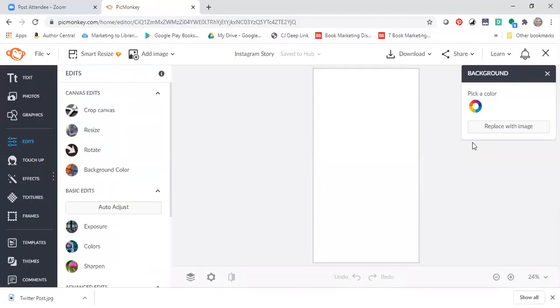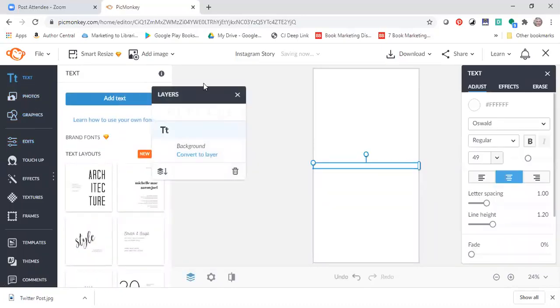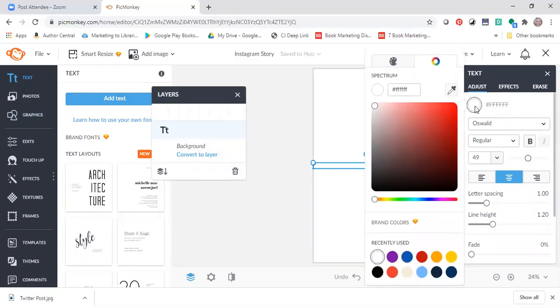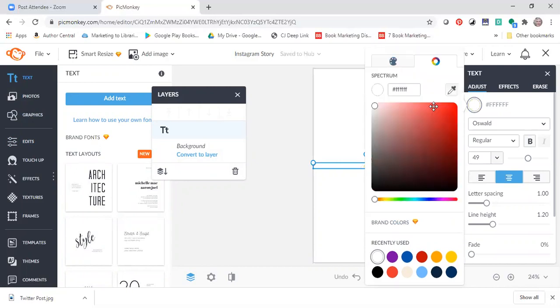And so as you're coming over here and you're going to put in some text and you want to add text that's your color, I can come over here and click on this white and change it. And there are some standard colors here that I can choose from. None of these are my brand colors though. My brand color tends to be more of a teal. And what I can do is once I find it,